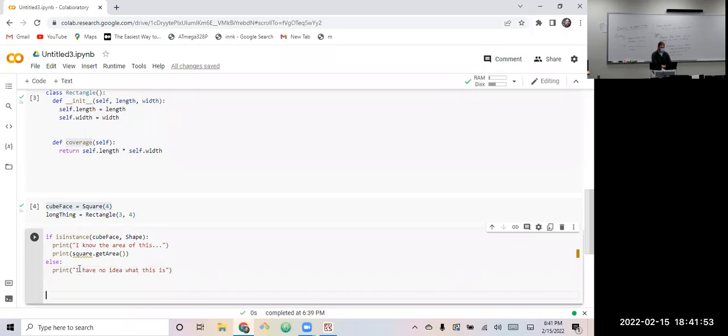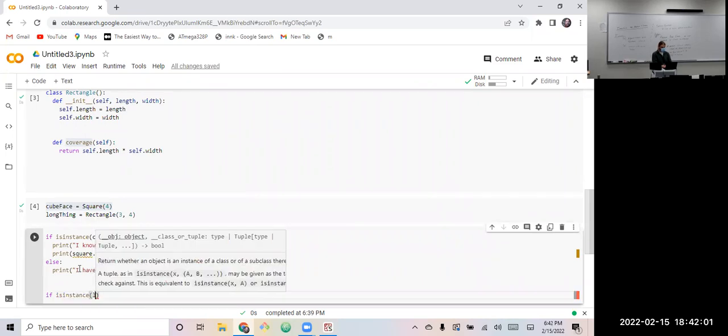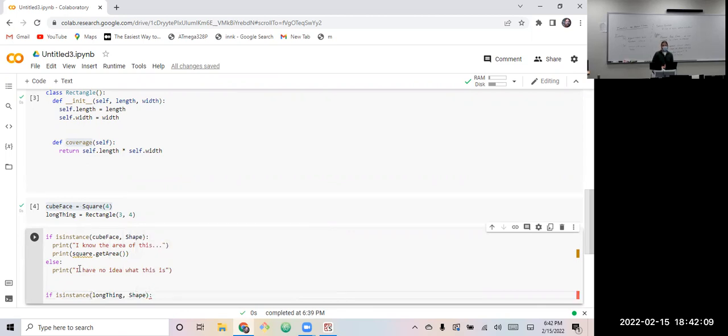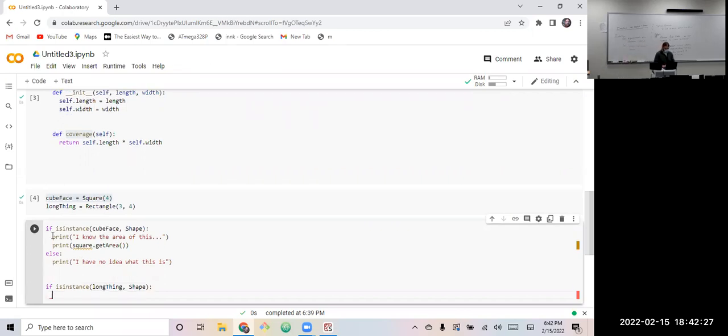We already talked about the main aspects of it. I'll just do the same thing for the other one, so we can see it, though false somewhere. See if the long thing is an instance of those shape rules that we laid forward. So that's what it means to be abstract. We can't actually create an object from that class. It can only ever be a class. But we can compare our objects to that class to make sure they're related. I guess this one doesn't really matter. I'll print the same thing, but this line should never actually print.